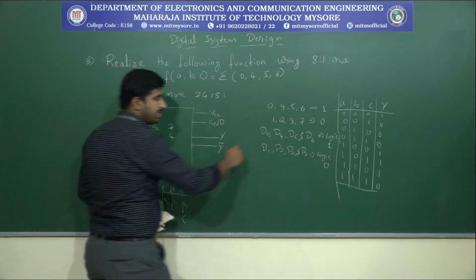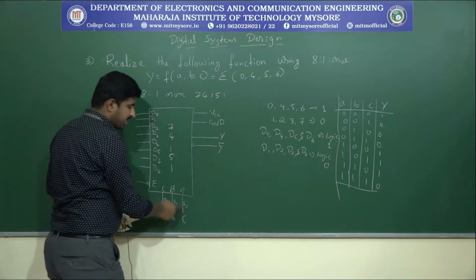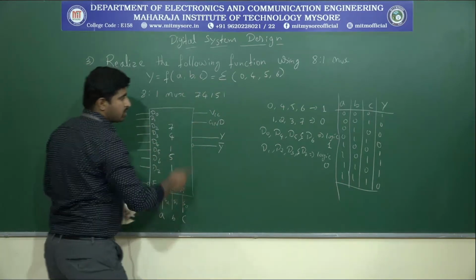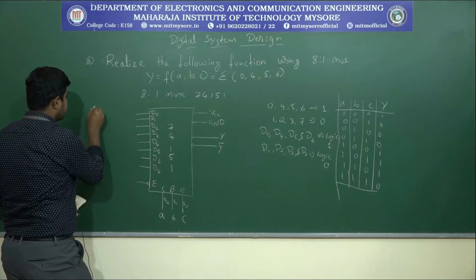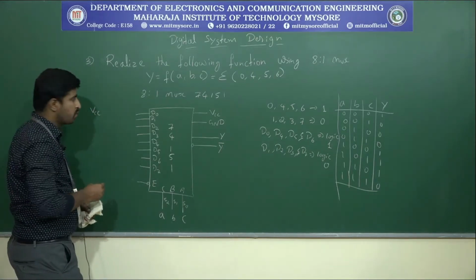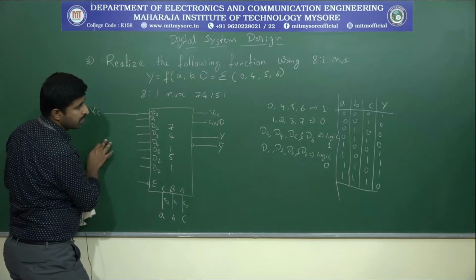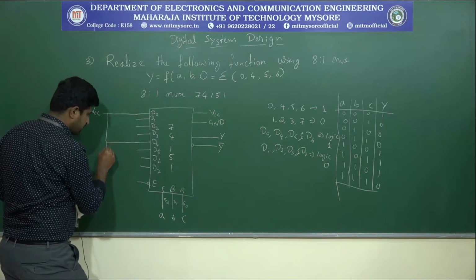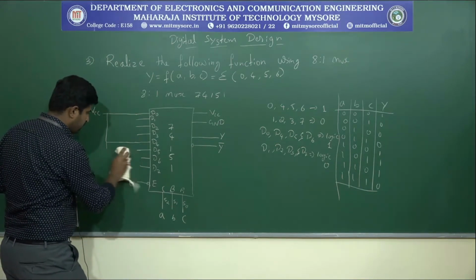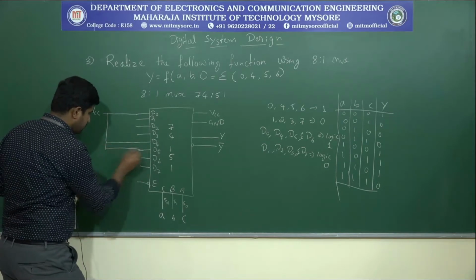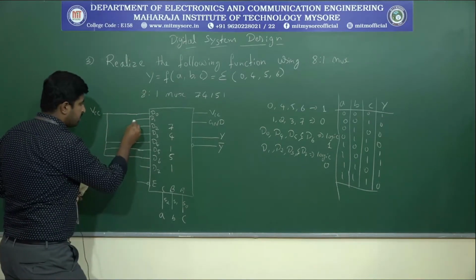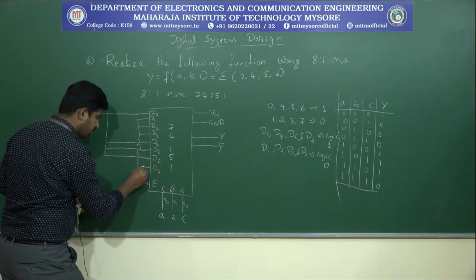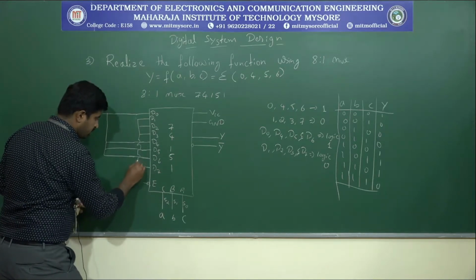By connecting these and the inputs to the select lines, we can implement the given function using the 74151. So here I will connect plus VCC, which corresponds to logic 1, to D0. Next D4, D5, D6, and then 1, 2, 3 and 7 must be connected to the ground.